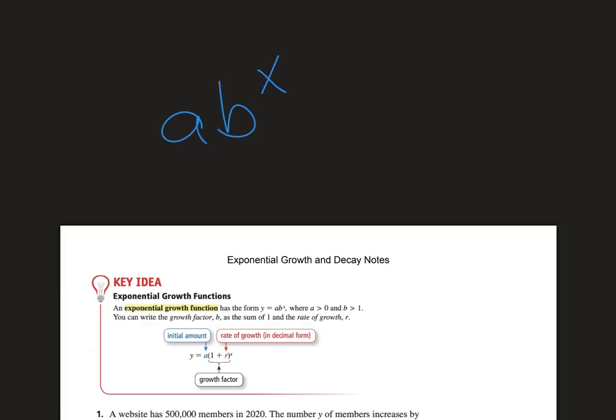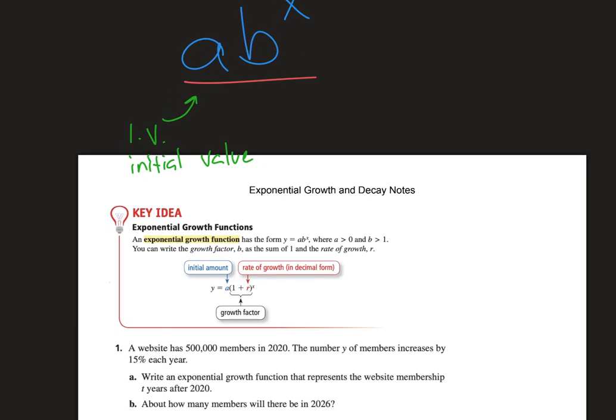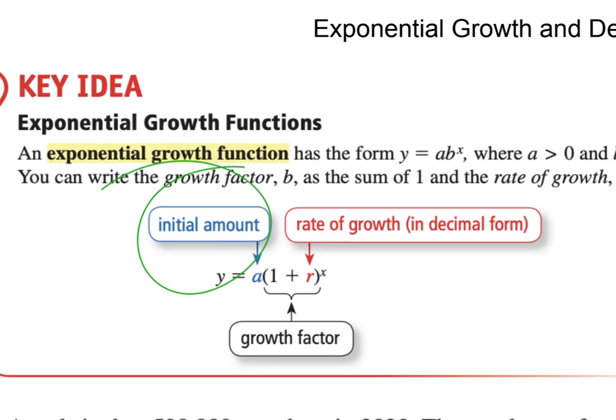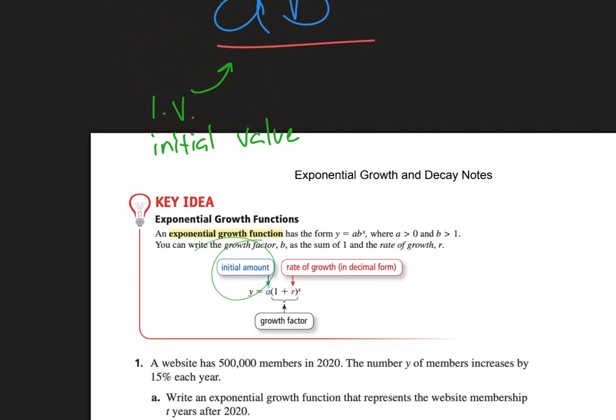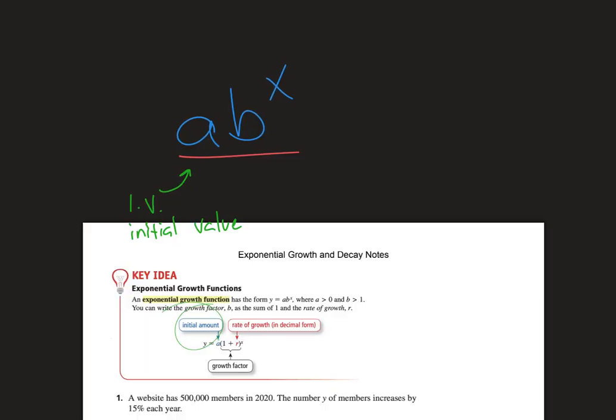We've said that this is an exponential function, and A is the, I'm going to abbreviate it IV here, but we've been calling it the initial value. Well, today we're going to also call it the initial amount right there. As you can see, it's pointing to the A. That's great. And then what we've also said is that B here,